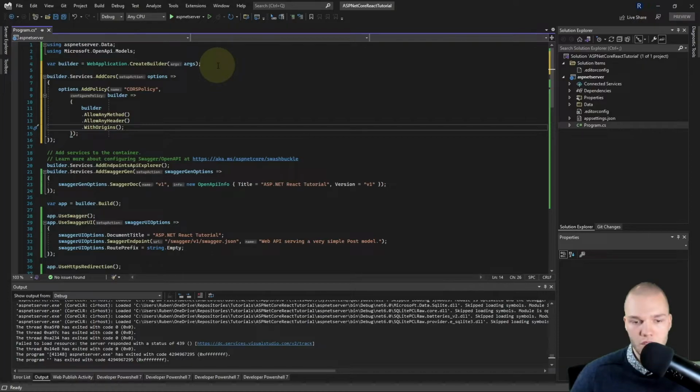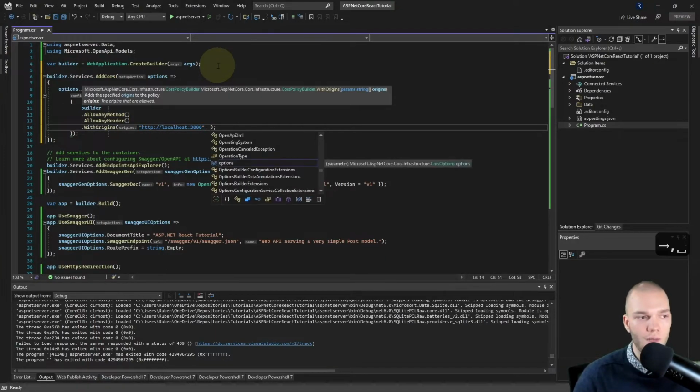And for the origins, we'll first pass in the route of our local React application. So that is http://localhost:3000. Then I'll add a comma.